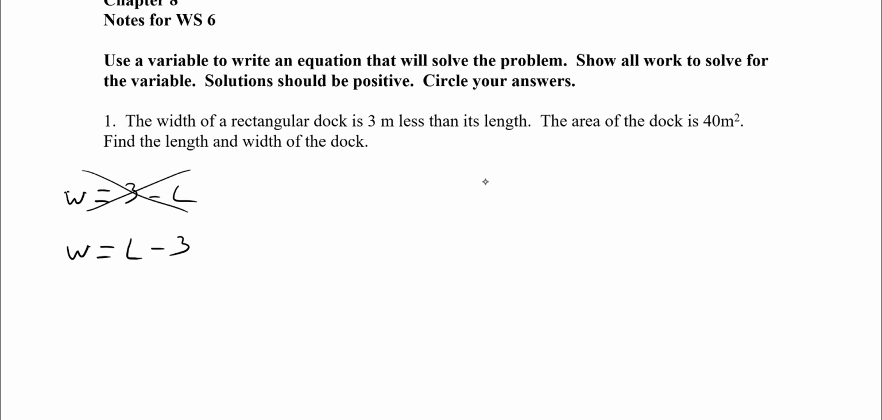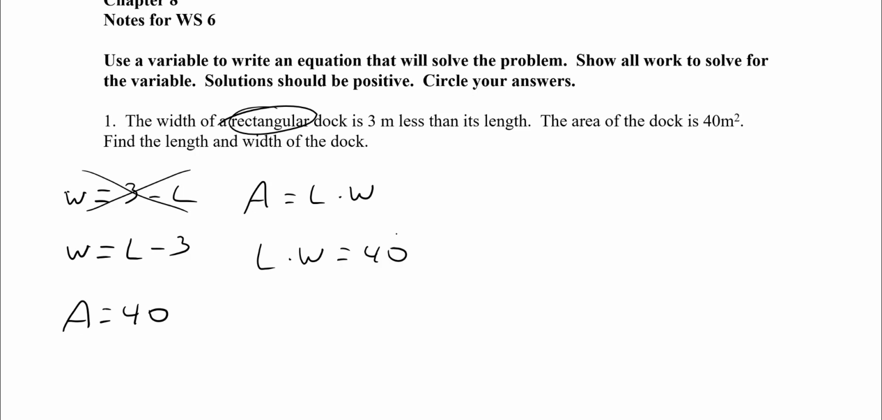And of course L is length, and it says the area of the dock is 40 meters. You should know this is a rectangle, and the area of a rectangle is length times width. That's the most basic of the area formulas. So I'm going to say L times W is equal to 40, because that's the area. And then this is just substitution: I'm going to take that W and substitute it right in there. So L times W, and W is L minus 3,